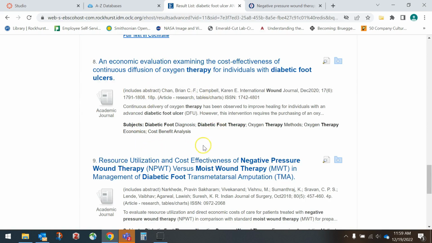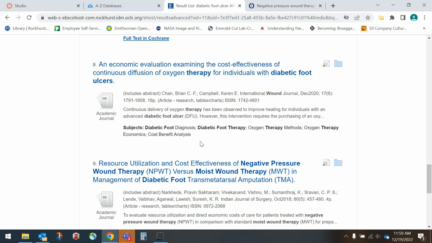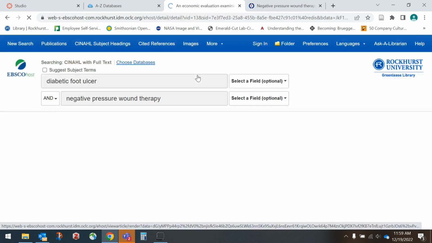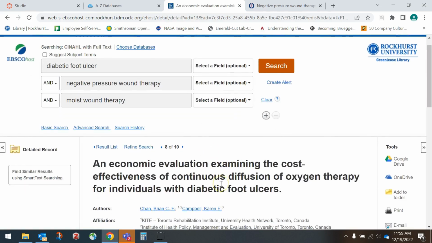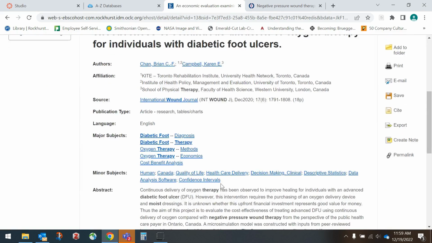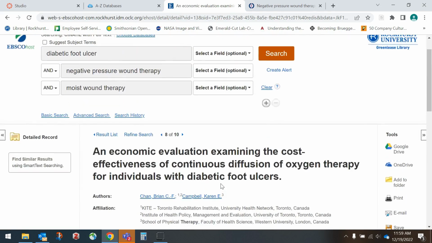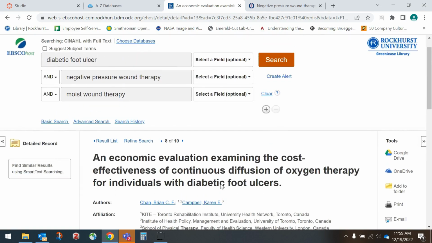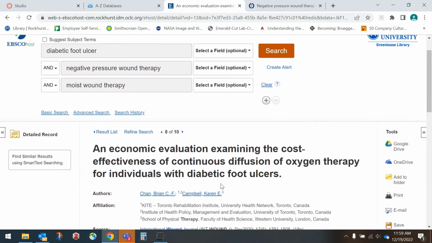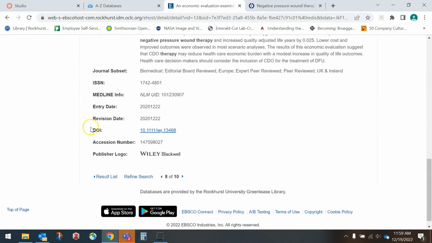It doesn't look like we have access to it at all. It's really hard to tell, but since we have our search results filtered on full text, we should have access to it. So we'll click on that link, and again, it's a little bit misleading because it looks like there's no article here. But if you scroll all the way down where it says DOI, which stands for Digital Object Identifier, if you click on that link, it should take you